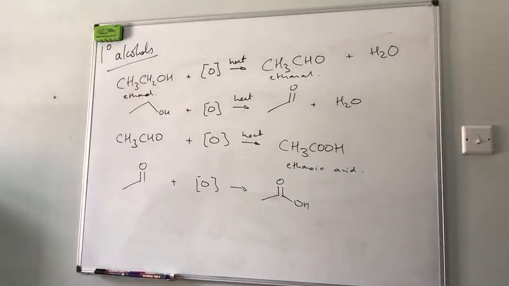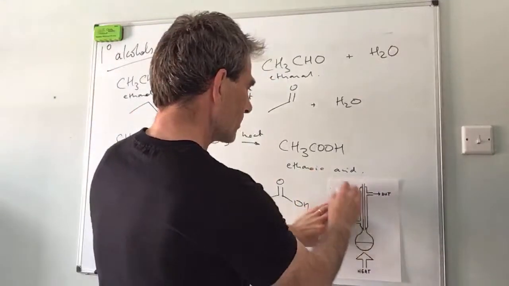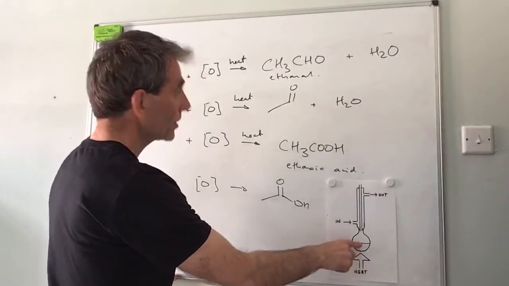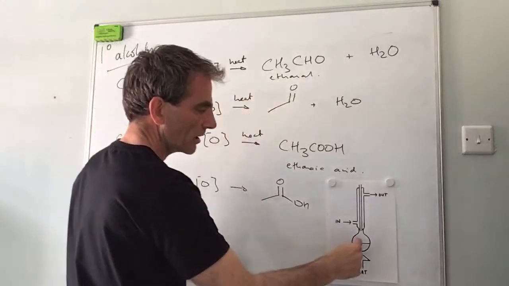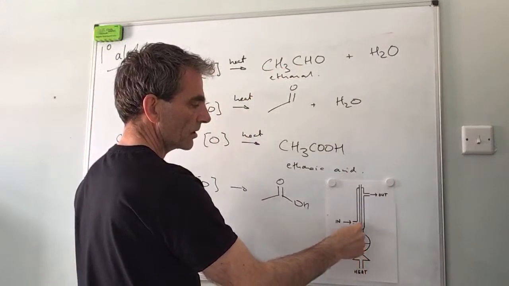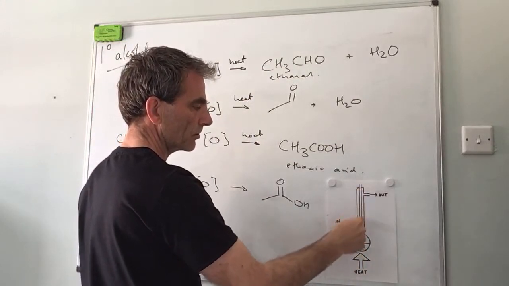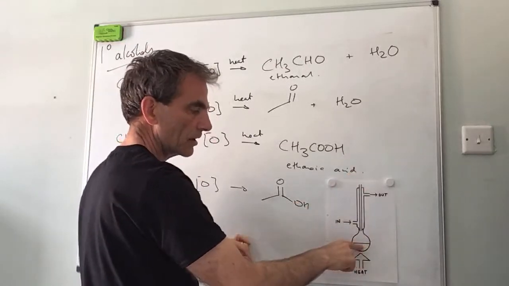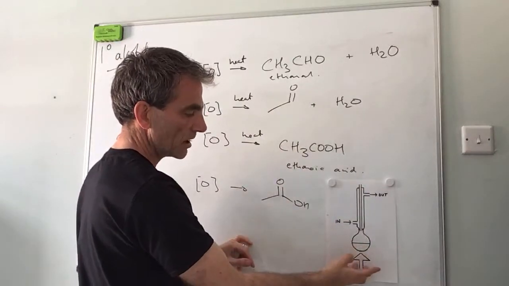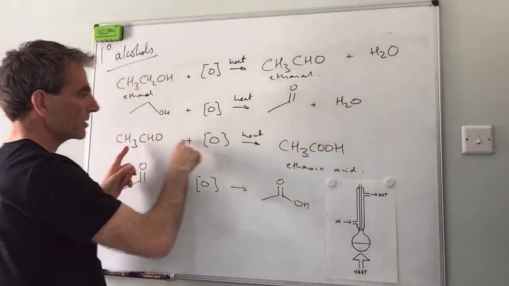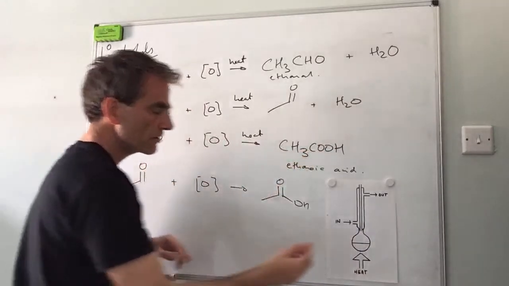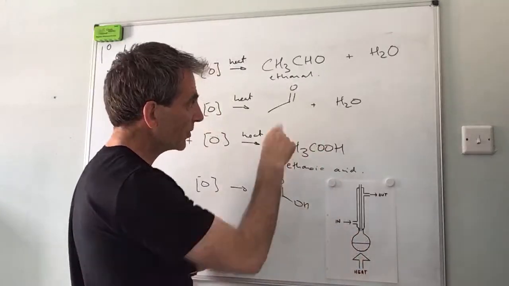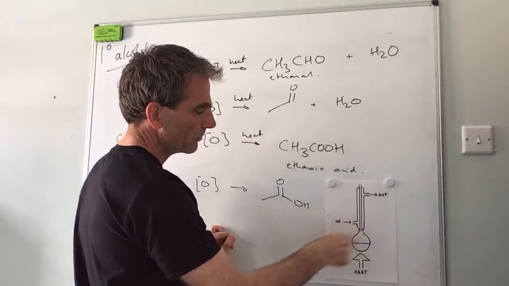If you wanted to make the carboxylic acid, you would use reflux. You would heat under reflux. The oxidizing agent's in there. You heat it up. This reaction takes place. So your aldehyde vaporizes and it travels up the condenser. But because obviously you've got the cold water running around the outside, it condenses and gravity takes it back down into that flask where there's oxidizing agent and heat. And so the second oxidation takes place, and what will eventually be in there is the carboxylic acid. So both oxidations take place if you reflux it.